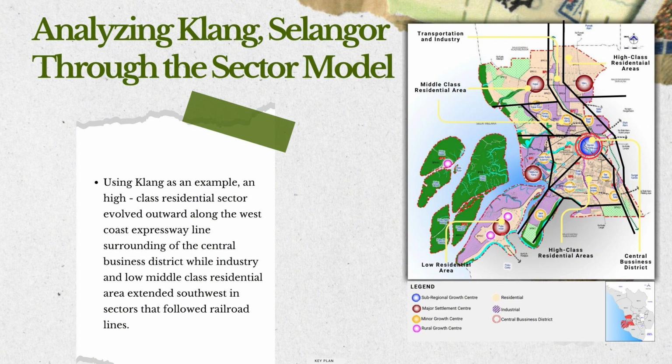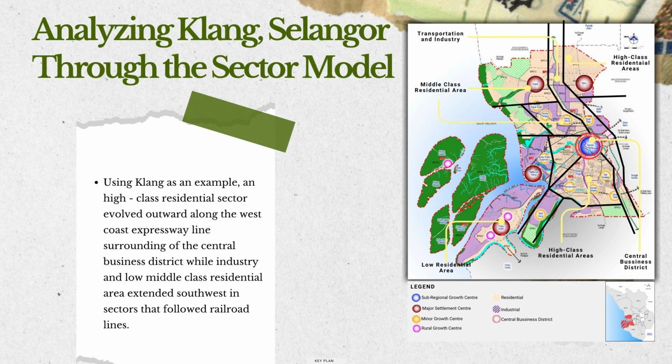Last but not least, the southeast and northeast of Klang City are marked as high-class residential areas, because in Hoyt's model, high-income residential areas develop far from the industrial zones in desirable locations with better amenities. These often feature gated communities, luxury housing, parks and shopping centres. Therefore, Bandar Botanik, Kota Bayu Mas and Setia Alam, as labelled, are examples of such high-end residential